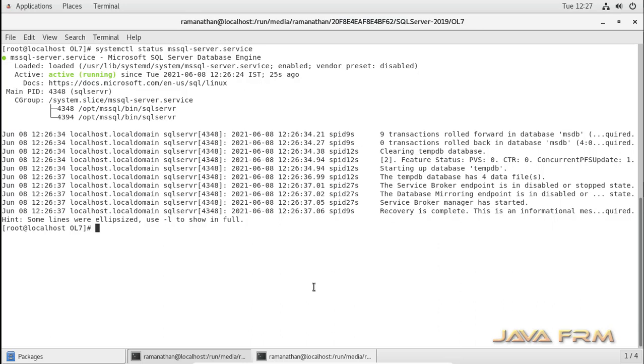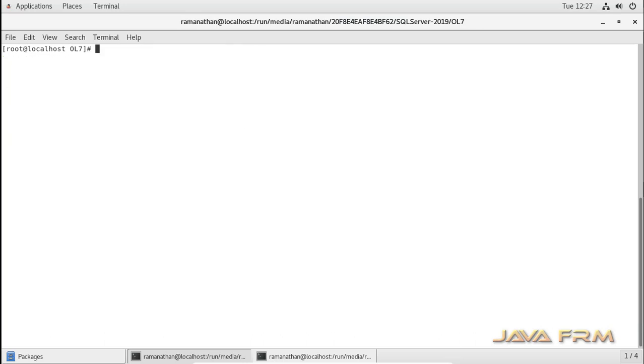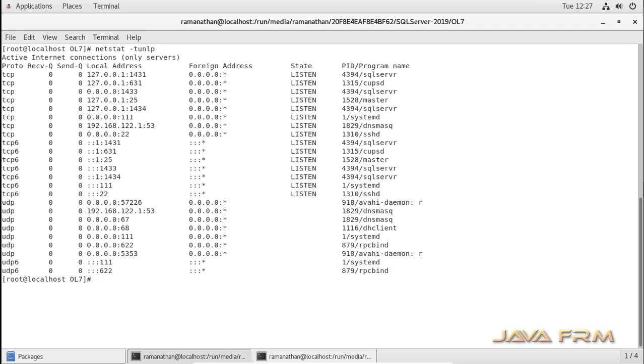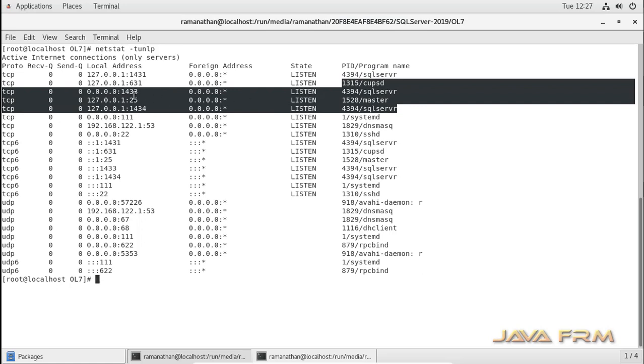Here it uses around 2 to 3 ports: 1431, 1433, 1434. So around 3 ports are used by SQL Server 2019 in Oracle Linux 7.7. Yes, you can see some processes running.